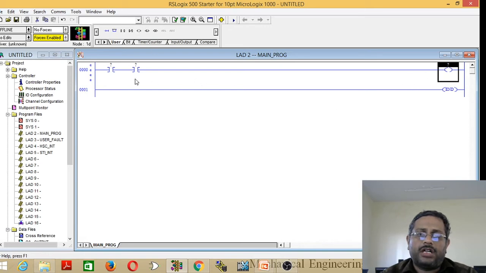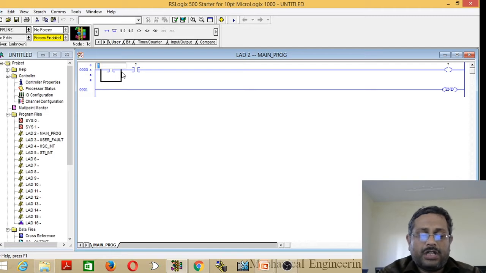After adding this, you have to give the address. You have to give the address for these inputs and outputs, for the contacts and coil. For addressing the input, first you have to type I:0.0/0, because here we are using an Allen Bradley PLC. It has 6 inputs, from 0 to 6.